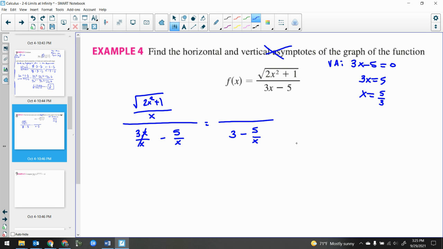Okay. Now, tricky thing here in the numerator. What I'm going to do is take that square root on the top. Now, I can't just bring this x in like this. I can't take 2x squared divided by x. But to bring that in, I need to put a hat over it. And when I put a hat over it, I need to do that.